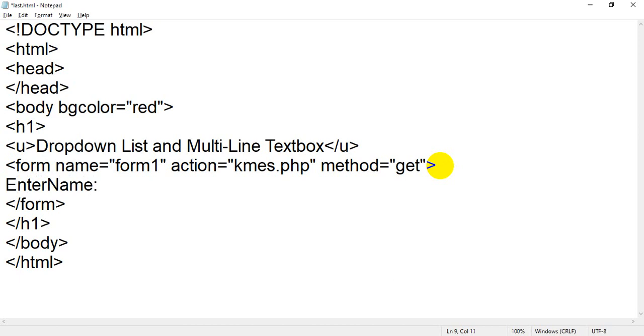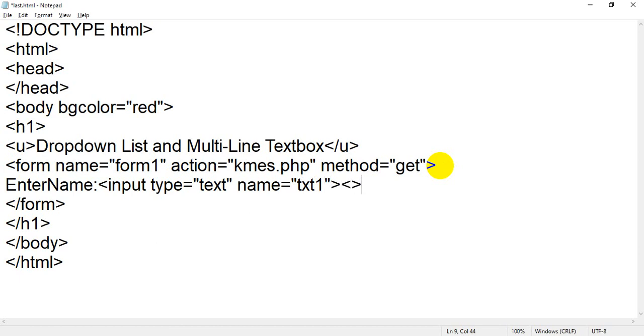Okay, I will take a simple text box, that is an input type equal to text, and I will assign a name. You know what is the use of name? I have told you in the last lecture, name is an attribute of any specific tag which is used to combine its value. So whatever value you insert inside that text box, it will combine with that name. So you can take t1 or txt1, you can assign any name.